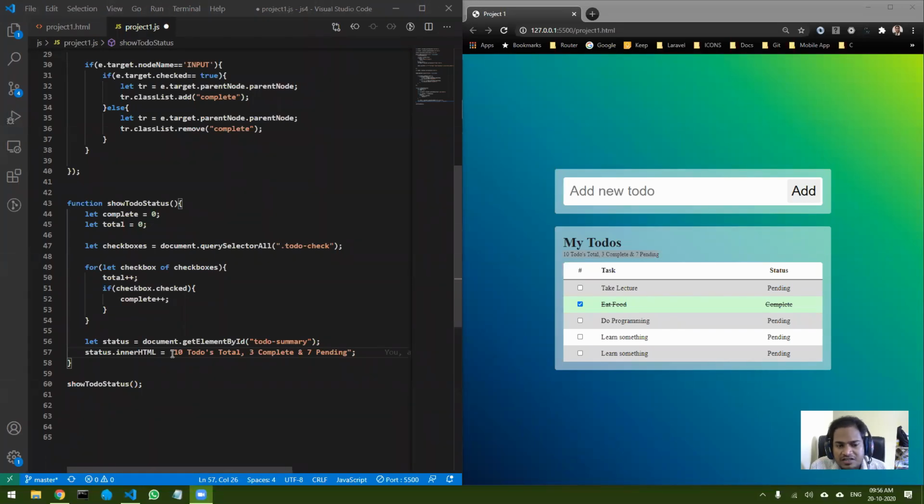Basically this is a string, right? If it's a string and you want to replace something over here, you just have to use the concatenation operator. The concatenation operator is the plus sign.